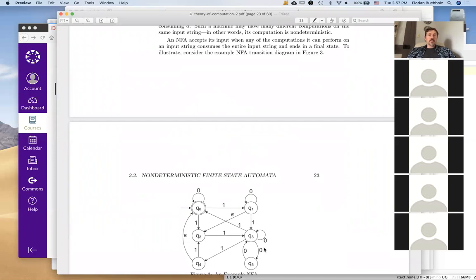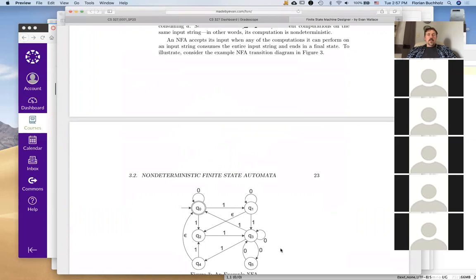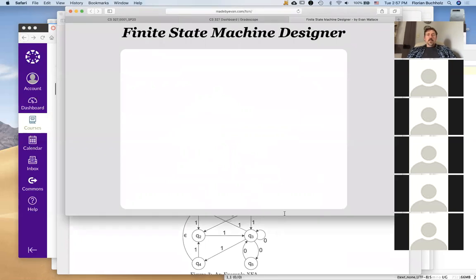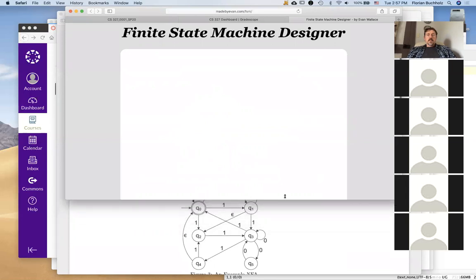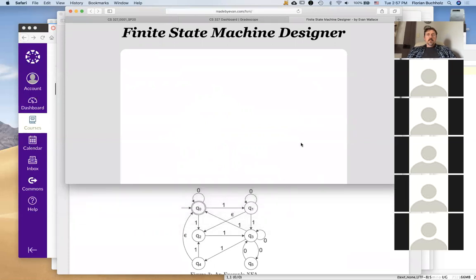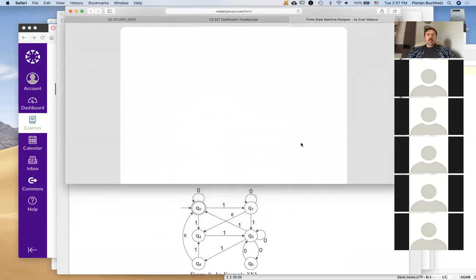So if you want to convert this into a DFA,